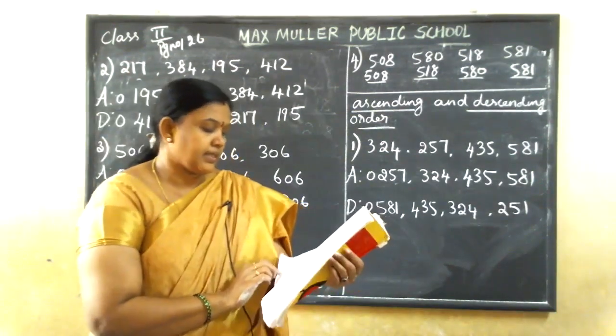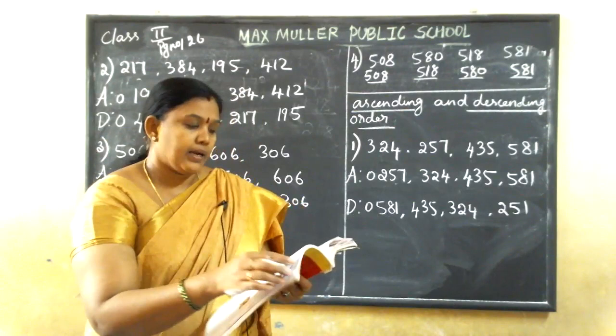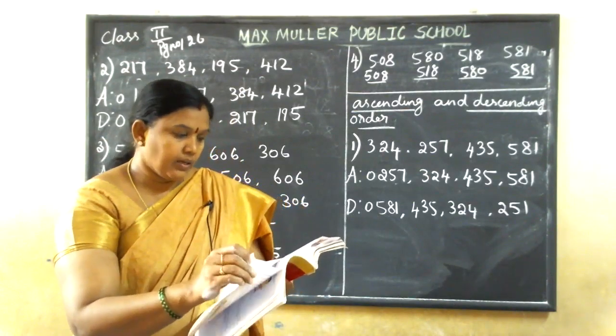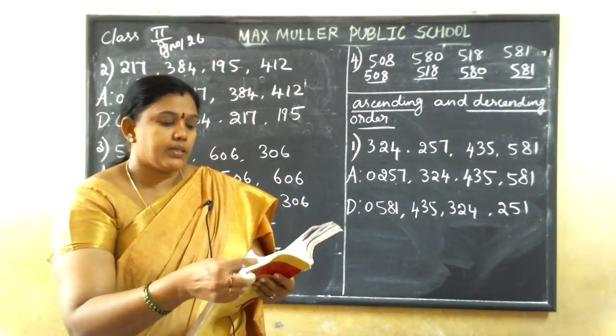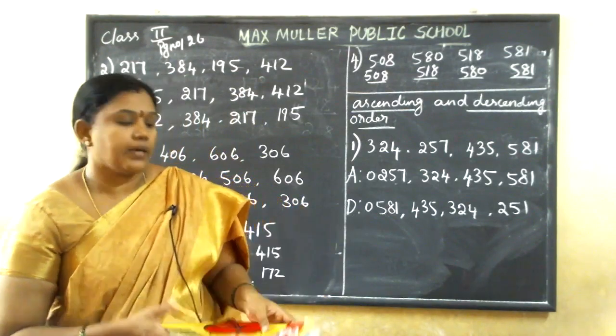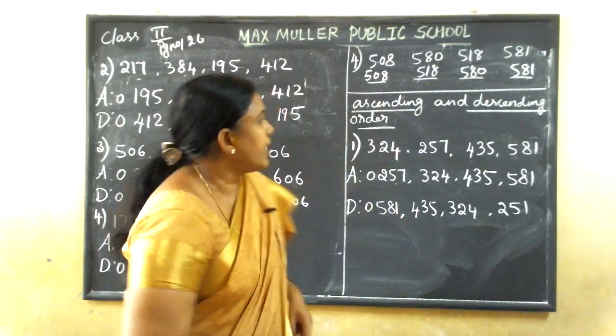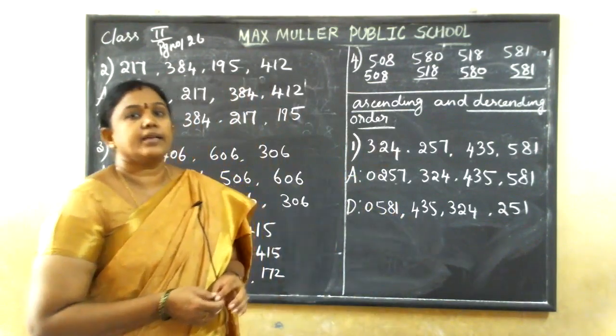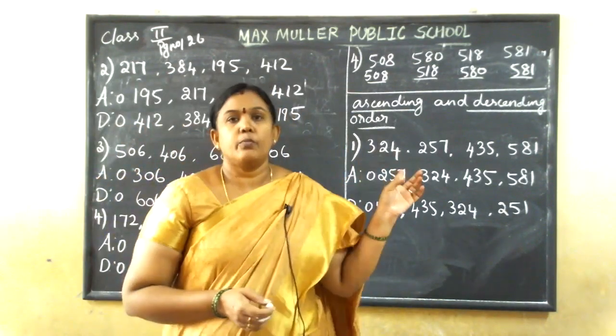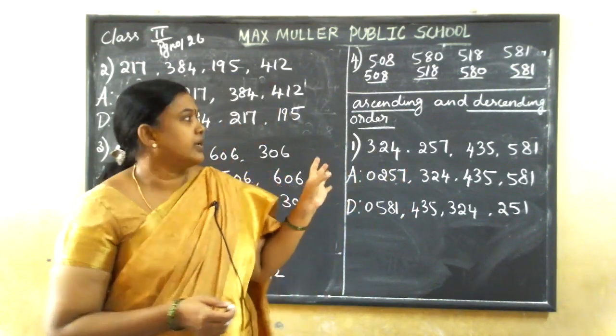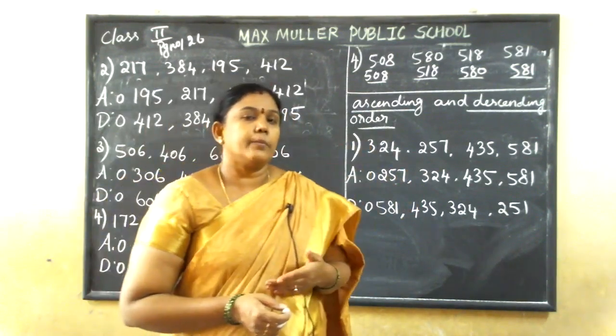Arrange the following in ascending and descending order. Next class, we will do the largest and the smallest number, page number 127. Now close your textbook, children. Monday, maths test is there. FA1 maths test is there. Already I gave portions. Revision also I gave, children. So portion once again I will repeat.